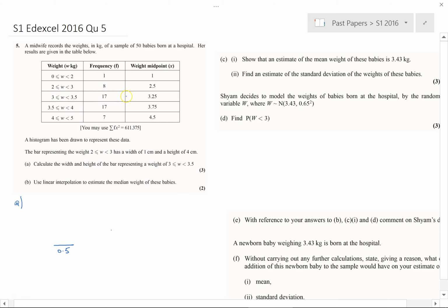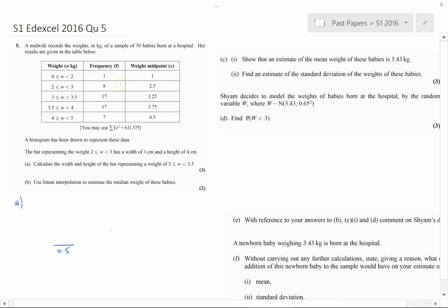So the class width of 0.5 is a width of 0.5 centimetres on the diagram. Anyway,